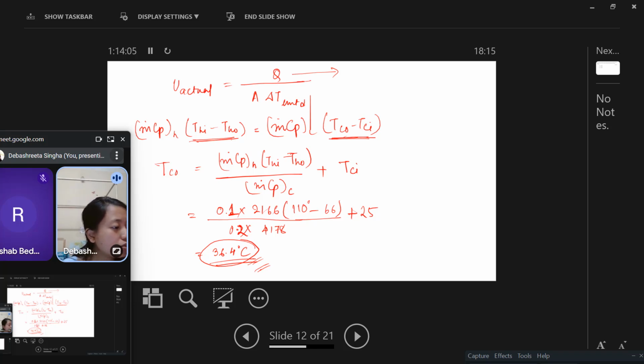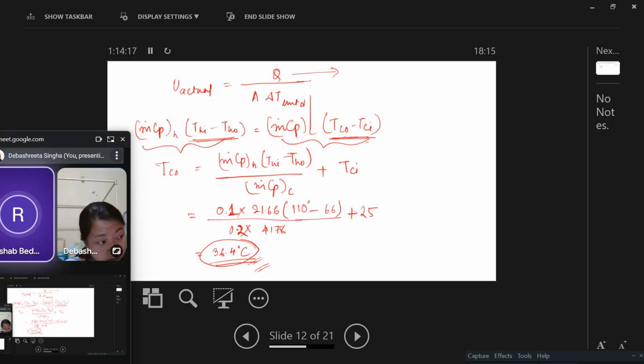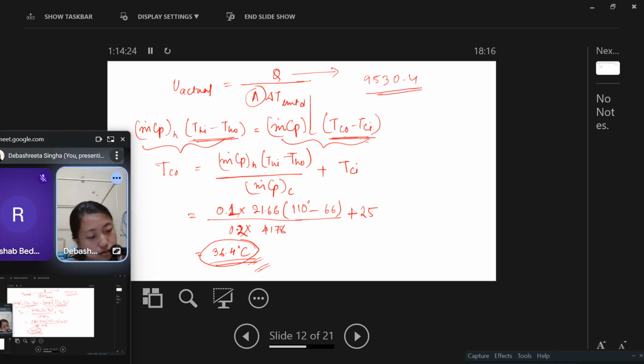So Q you can calculate from either m Cp delta T from the hot fluid or m Cp delta T from the cold fluid. If you calculate either of these, Q is 9530.4. Yes, right. And A is 5. Delta T LMTD is